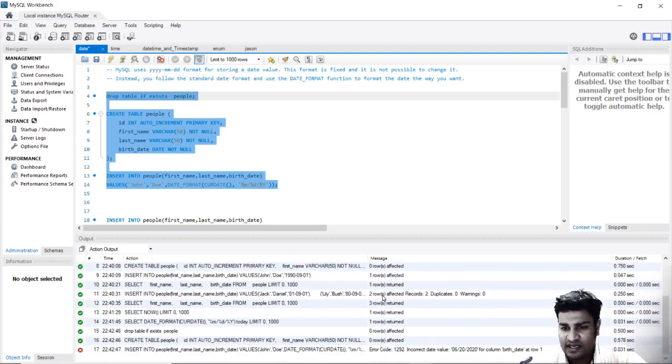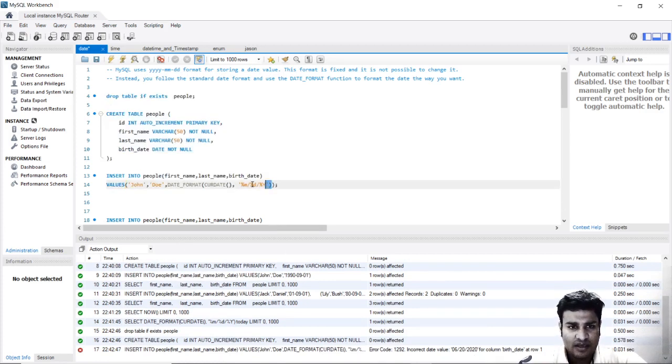If I run this, it says incorrect date value for column birth date, so it is not accepting this because the format is something like this. So we have year, we have month, and we have day.